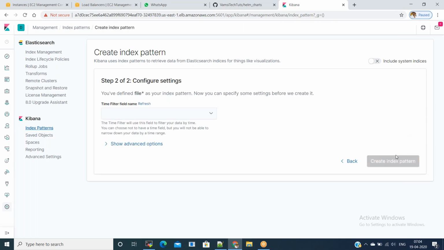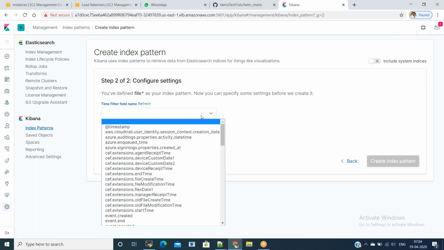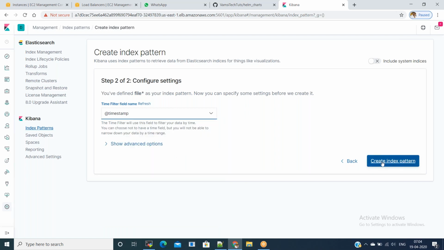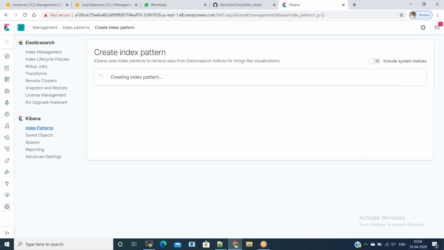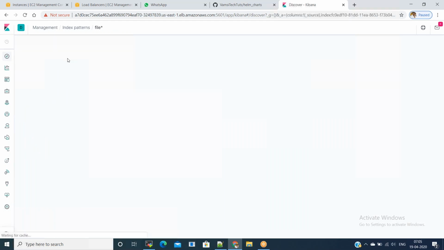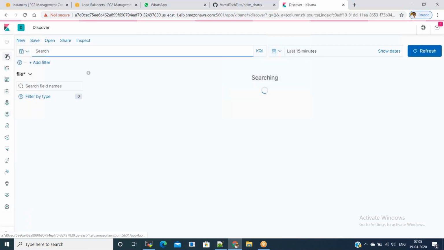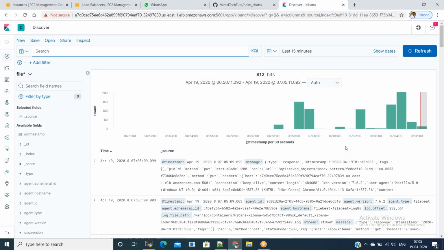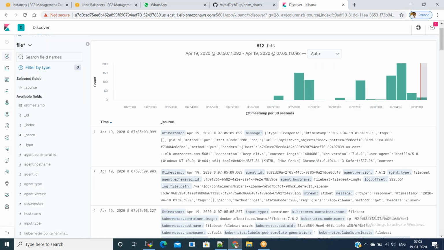Now once we create the index pattern, select the timestamp field name as timestamp and go to the discover page. Go to the discover page in the top left navigation and you should be able to see the data here. If you see, we have the Filebeat data.